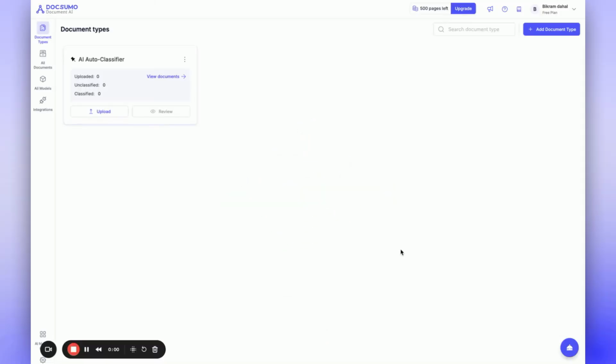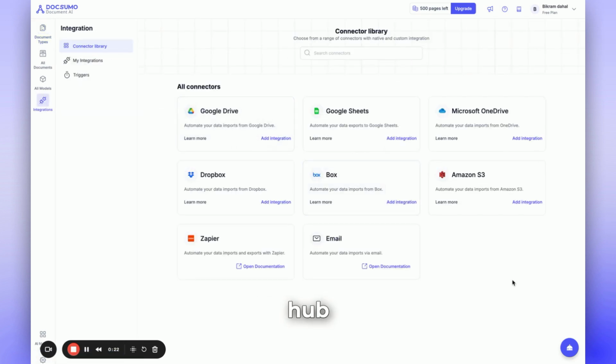Hello, everyone. Today we are going to demonstrate how to process invoices located in Google Drive and export that information into Google Sheets end-to-end using Docsumo. We've introduced a new feature, an integration hub, which contains many commonly used integrations for document processing. This hub includes Google Drive, Google Sheets, OneDrive, S3 buckets, and even custom code to pull data from various sources